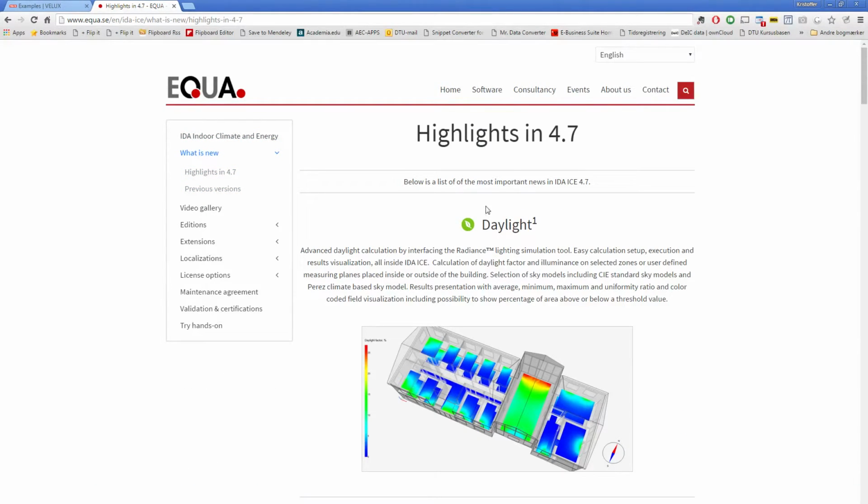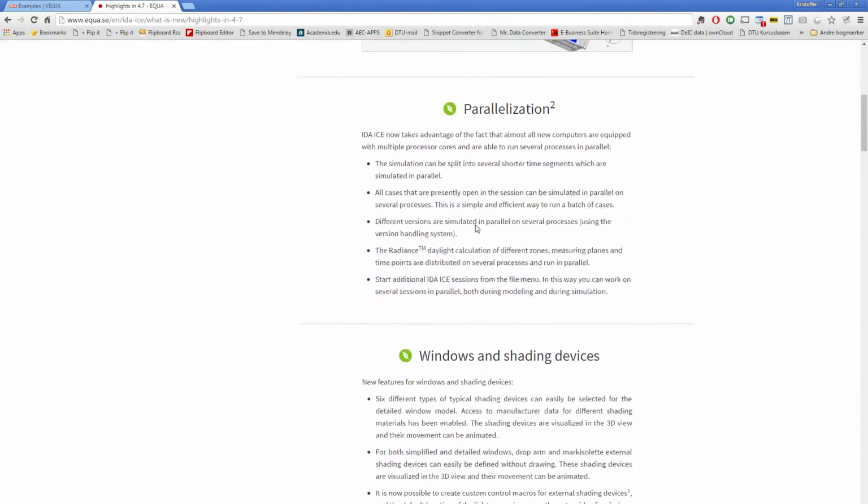Of course, this is an update of this current version. The daylight situation here is a new thing, but what we are actually interested in for this particular tool is the indoor environment data and the data about the energy performance of our rooms.